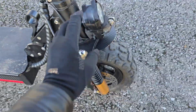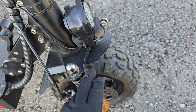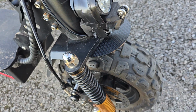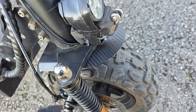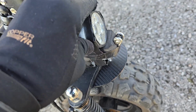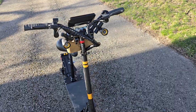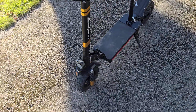Now, I do, as I said, have to get another light. The light still works, but the base that was on here, this part right here, as you see, that broke off. So I made myself a little base here with some foam, a lot of electrical tape and some duct tape. It works for now. It's on there, it's not moving. Got a couple of zip ties there too. But overall, I mean, for an electric maxi scooter that does over 30 miles an hour, that I paid